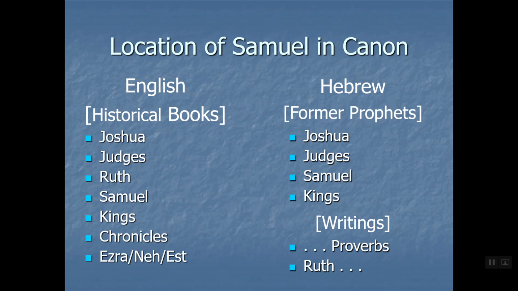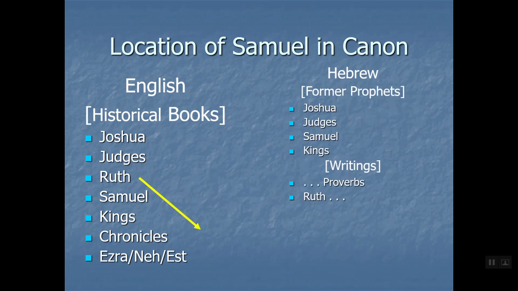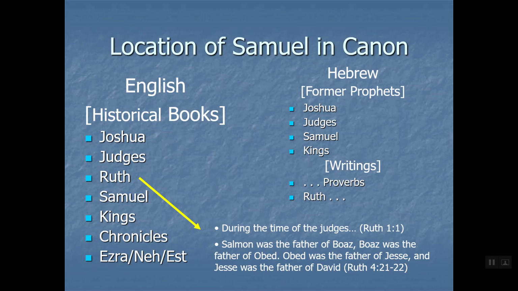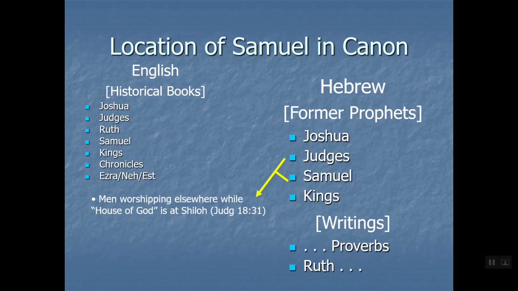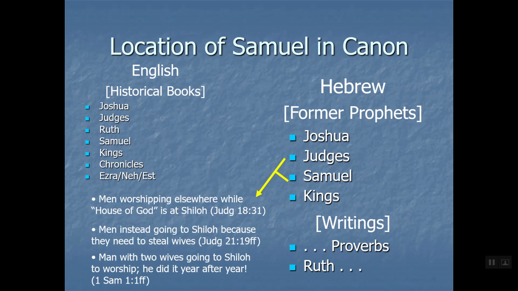So what I want to do is, just like Frank does, walk through at a very high level the book as a whole, but it's going to be really important to remember this connection back with Judges. So let me, okay, I had some slides here I didn't realize. Okay, so let me start with this: if we take the Hebrew ordering for just a second, it helps us get out of the mindset that this is a separate book, as opposed to just another chapter keeping the story going.